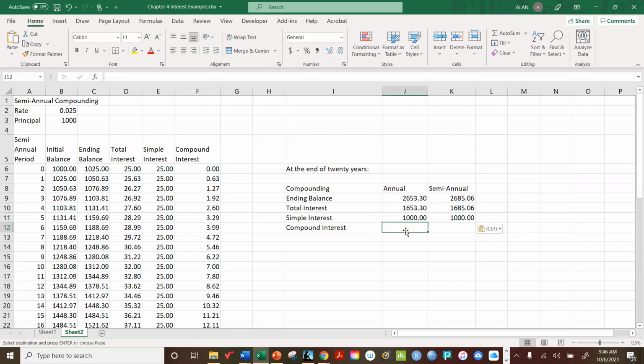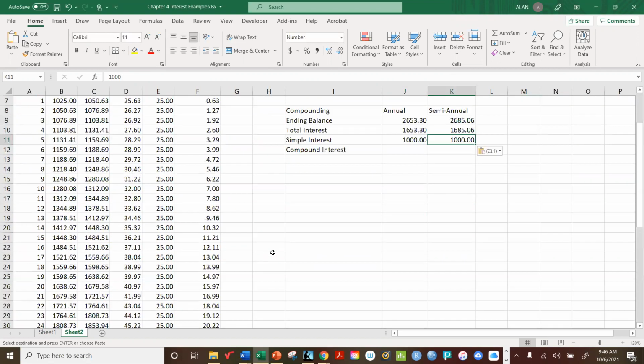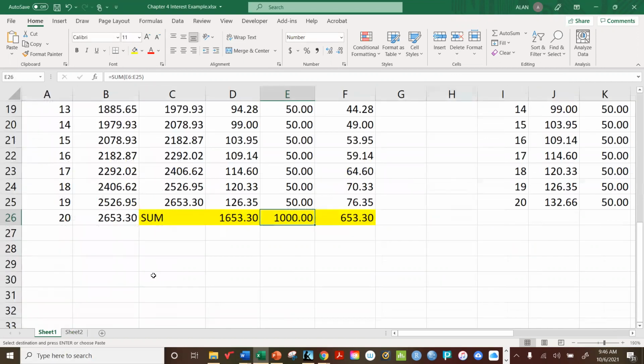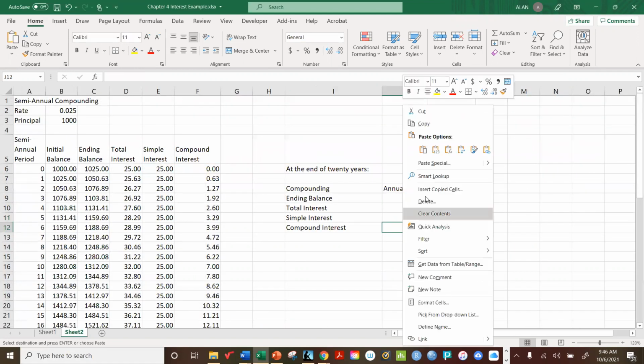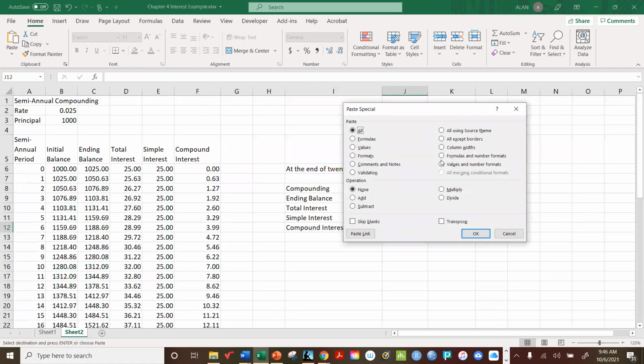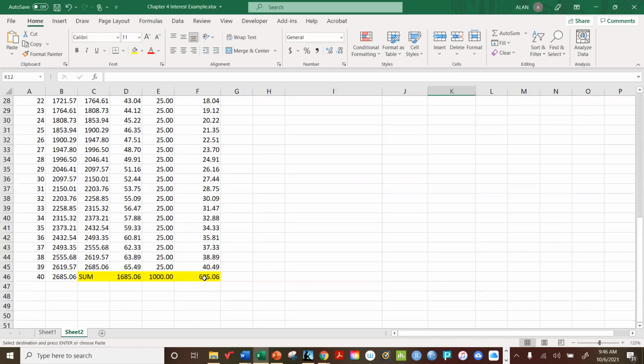Now, I could do this in one of two ways. I could simply subtract here, or I could copy it from down below. I'll get the same results. So, for example, here it's 653.30. And down here,